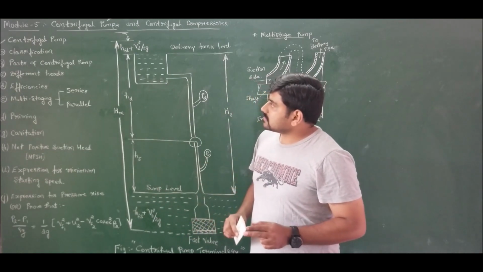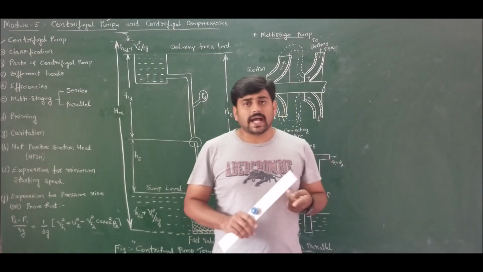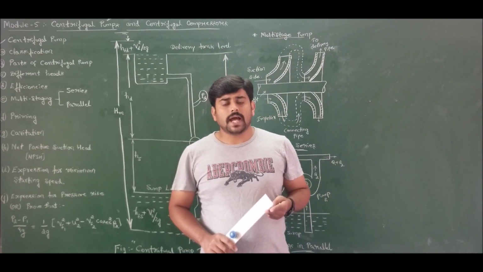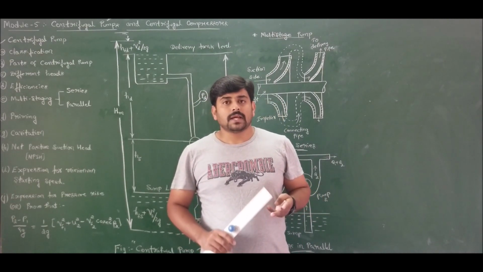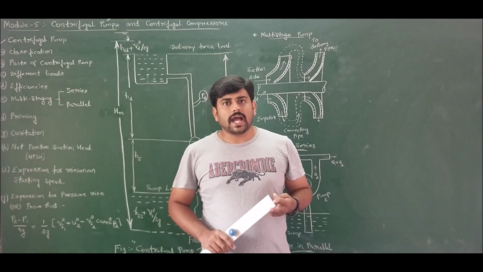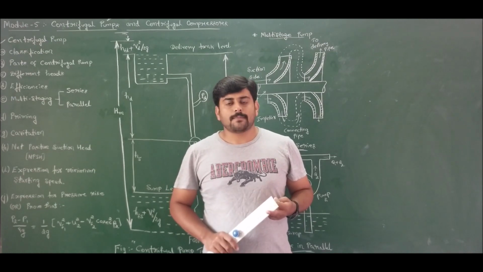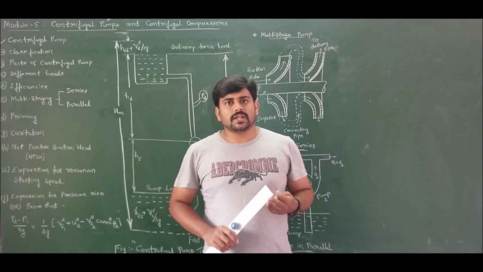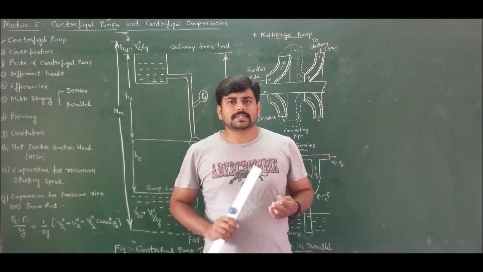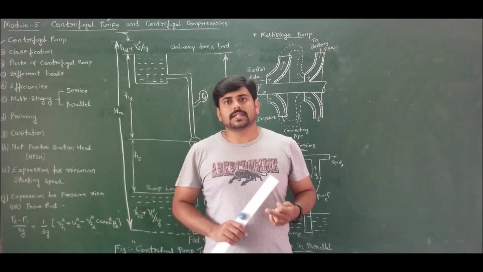Coming to classification of pumps. Pumps are broadly classified as axial flow pumps, centrifugal pumps and mixed flow pumps. These centrifugal pumps will have radial entry and normally have radial discharge, and the water flows outwards. Whenever you see the word centrifugal, always the water enters radially. Hence, alpha 1 is always equal to 0 for centrifugal pumps.